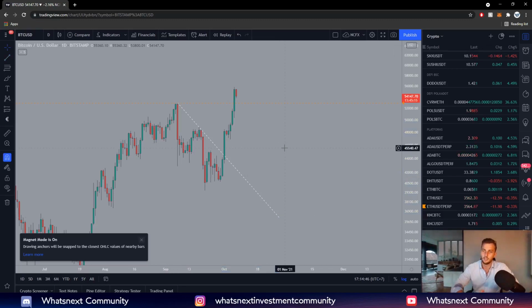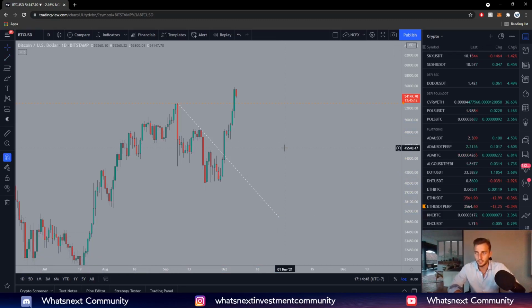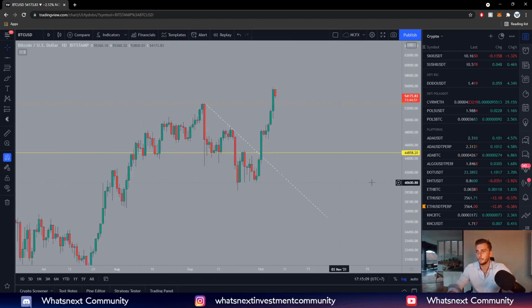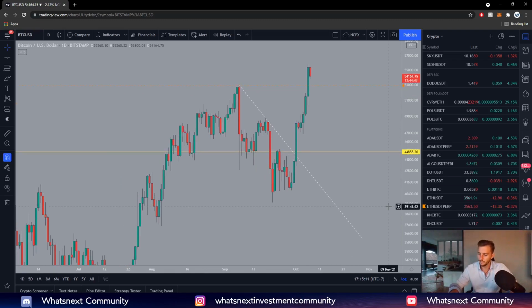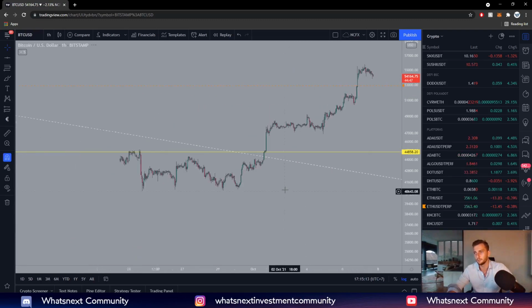So now what we can do with this is, when you draw a trend line, it can be a form of support and resistance. So last video we learned that you can have a horizontal support and resistance, right? In here you have a horizontal support line, and in here you have a diagonal support line. So now if we look at this trend line, we can see, if we zoom into a lower time frame, that